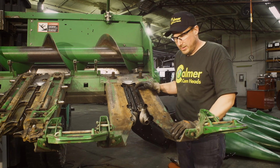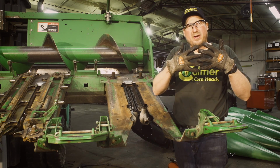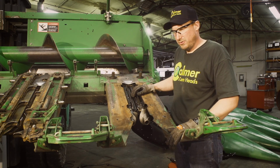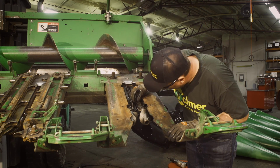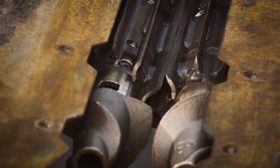Now that our roll pins are in, we want to check in the front real quick. We want to make sure that our blades are fairly centered in between each other. Just to double check that our pinions are in time again. It looks like these are dead on. We're in good shape. Next, we need to move on to putting in the